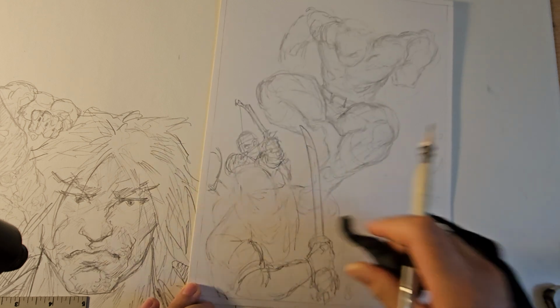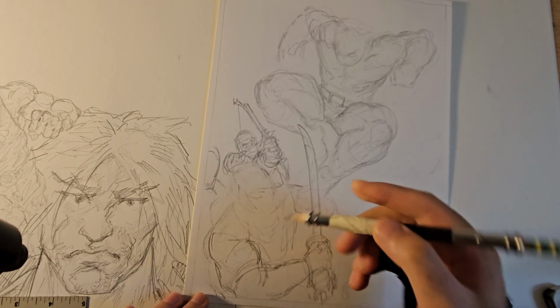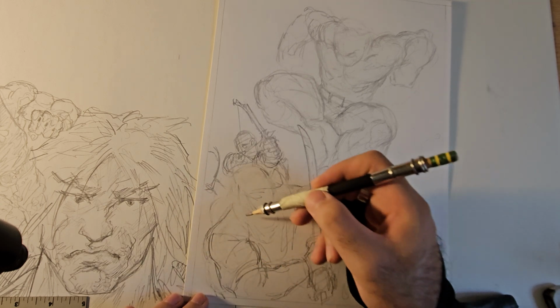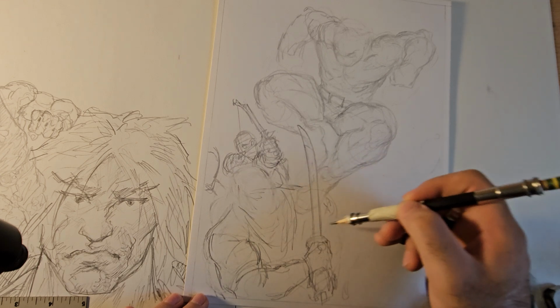I think he looks way too big, so I'm going to try to make him smaller again. Here's what I'm talking about, the adjustments. That's why you keep it all light. Try not to erase too much. Well, I'm erasing a lot. I mean, try not to press too hard with the...